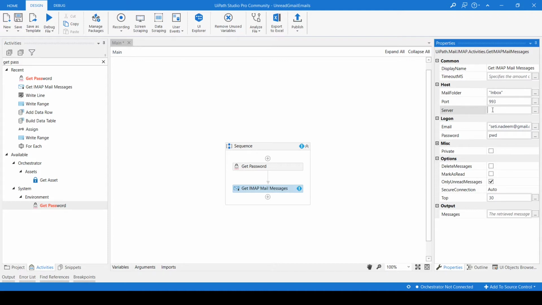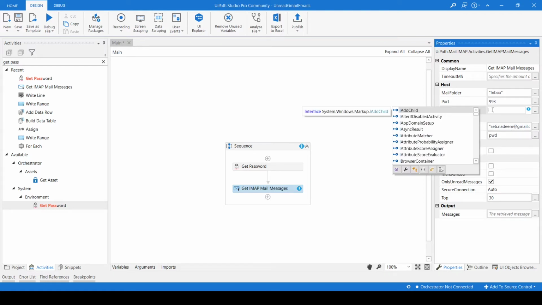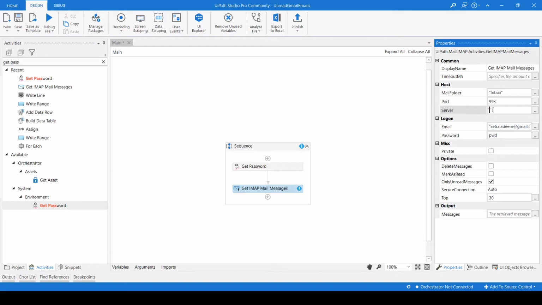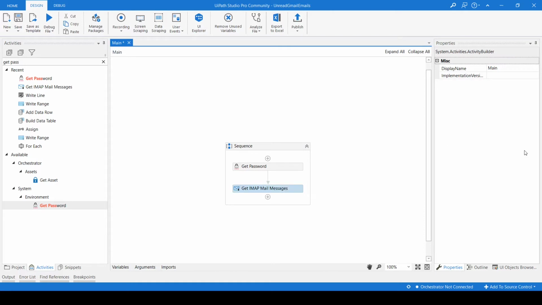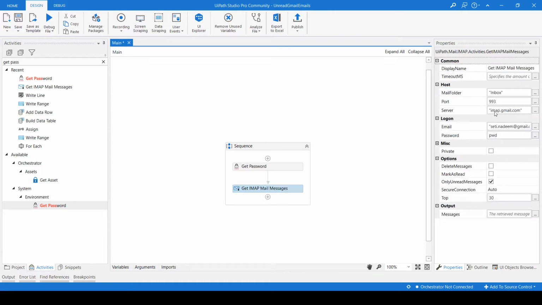Here for the server address we have to pass IMAP. Now we are going to pass a string, so we need to keep it in double quotes, imap.gmail.com. This server address and this port are for Gmail. If you want to use some other emails, then we need to pass them accordingly. Here I don't require this, we don't want to delete and I don't want to mark as read, I just want to read 100 messages. So that's why I will check this, because I want to read only 100 messages. Here it says top 30 emails, but I don't want to read the top 30, I just want to read the top 10 emails. So I'll change this to 10.